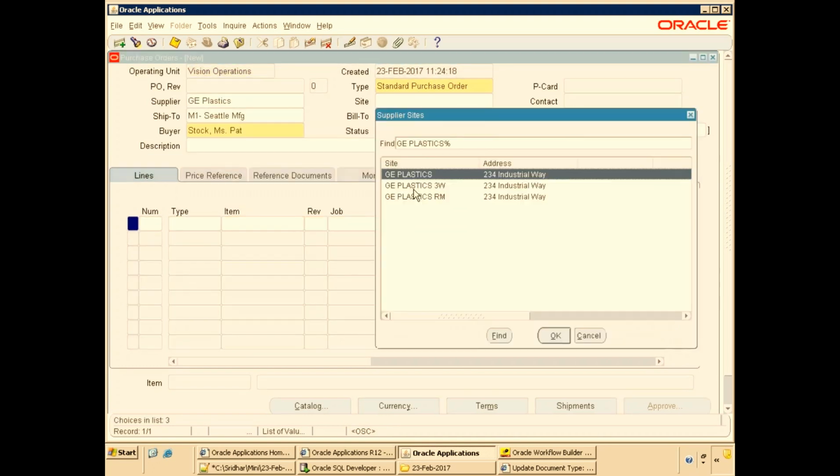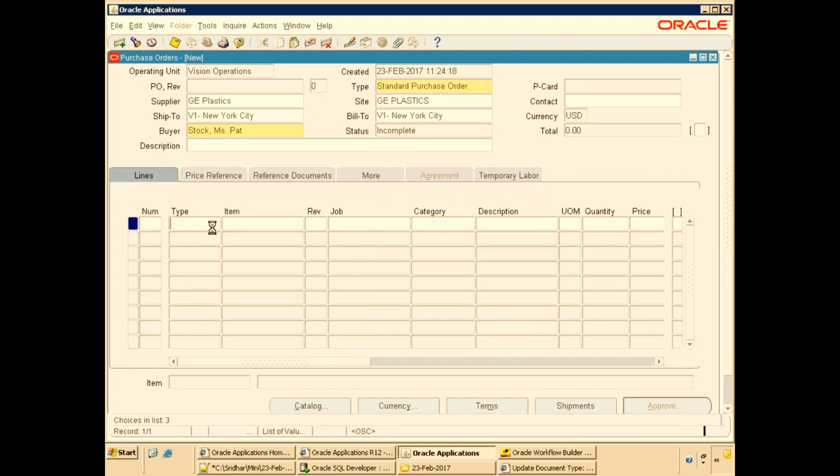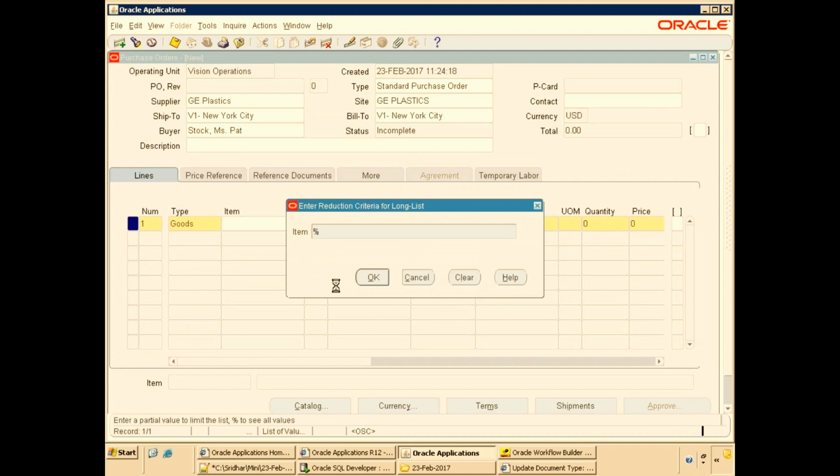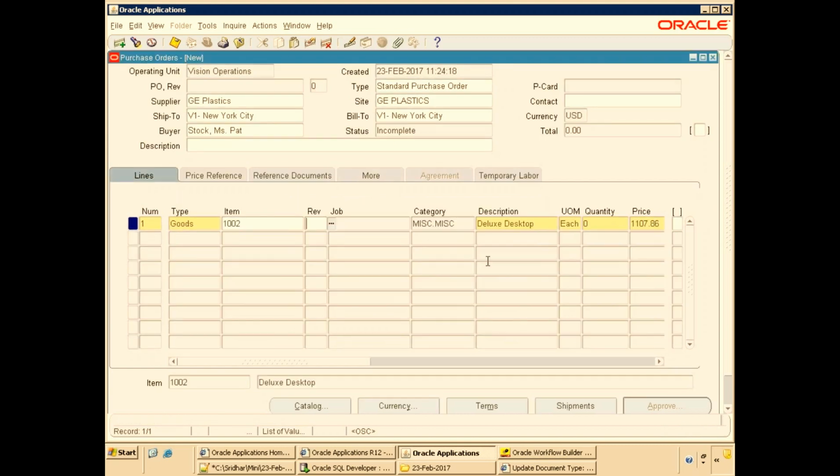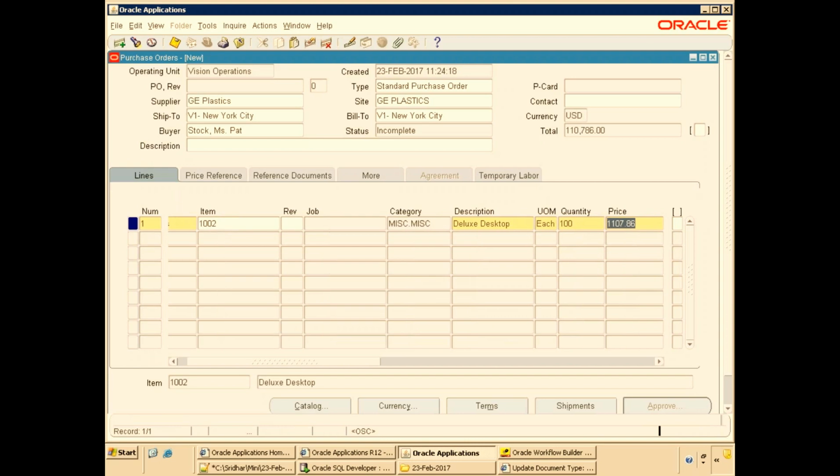Mention the site. A purchase order will have the headers, lines, and distribution. We'll check an item and click on approve, and we'll see which particular workflow is getting triggered.